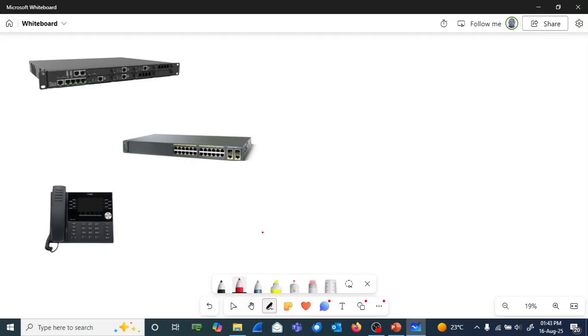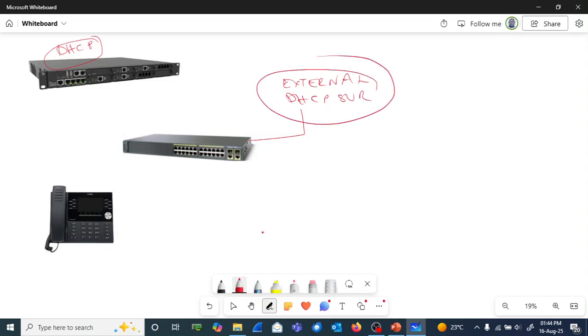Okay, before we continue, let us recap. We said DHCP can either exist on the MiVoice Business on Mitel itself, or it can be an external DHCP server like this. Either way, we said we must only have one working DHCP. You can't have DHCP enabled on MiVoice Business and then have it enabled also external, unless you are going to split your IPs. If you are going to split your subnet, say maybe